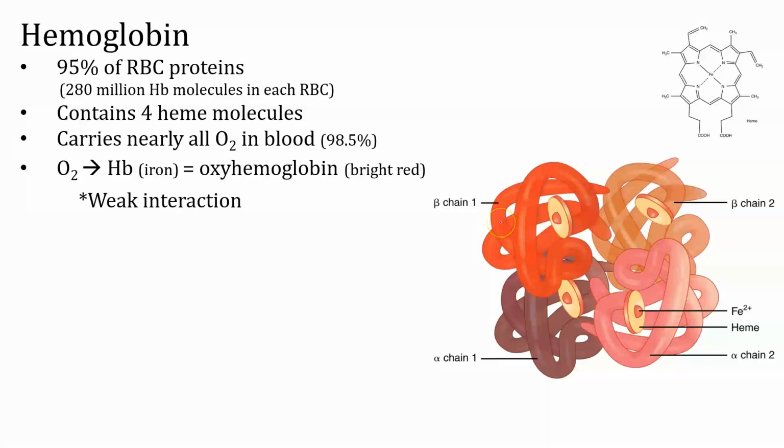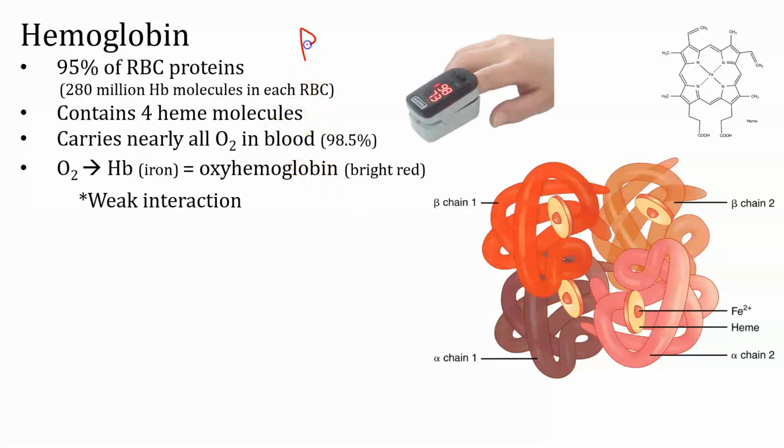And you can measure hemoglobin saturation with a tool which is called a pulse oximeter. And a pulse oximeter, what it does is it shines 2 beams of light. One is infrared, so it's not absorbed by the hemoglobin. Another is not infrared, so it is absorbed by the hemoglobin, and the degree to which it's absorbed depends on how saturated this is, because remember, these are different colors. If it's really, really saturated, it's a bright red color. If it's not, it's a different color, and so